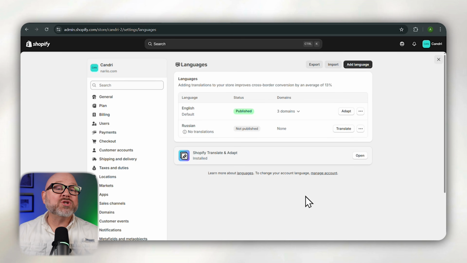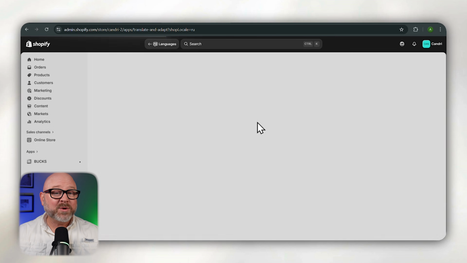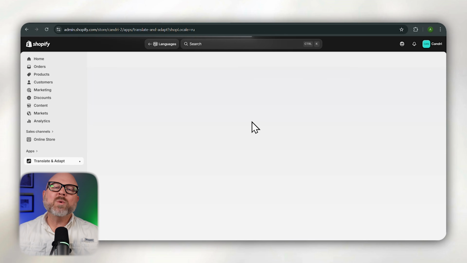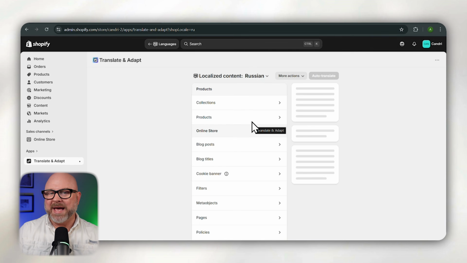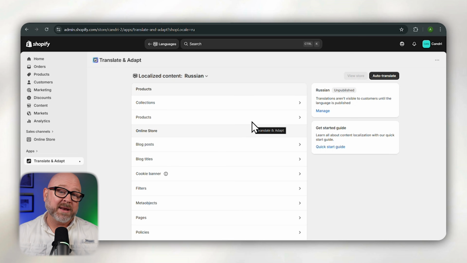The next step, though, is to translate the content inside of your store so that everything can display in that language. To begin that process, click the Translate button right next to the language that you just added. Shopify will now open the Translate and Adapt app. If you already have it installed, it will load automatically. If you do not have the app installed, Shopify will show you the option to install it before you can